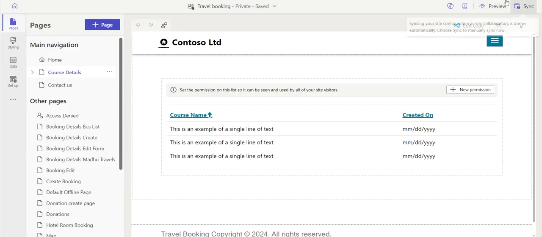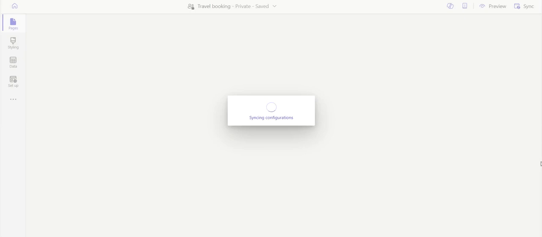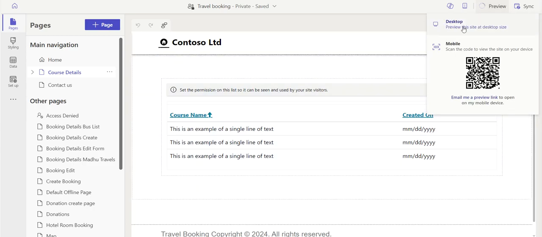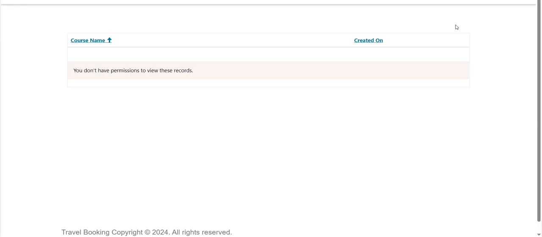I'm just syncing that. If you have made any change and want to see the output in the portal, it will not reflect immediately. We need to clear the cache. That is the reason we are doing the sync option here. Even though I have created the table permission, whether I'm able to see the data or not, we can see now. See, even though I have created the table permission, I'm still not able to see it,